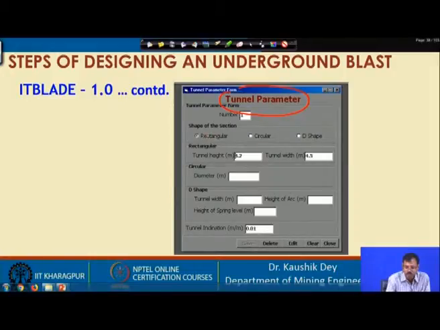So, it may be rectangular, circular, D shaped, or horseshoe shaped, and with the different considerations we need to have different parameters. For rectangular it is height and width, for circular it is diameter, for D shaped it is the width, height of arc, height of spring level, all these requirements are there, inclination is also there. These parameters must be there, otherwise in wedge cut how will we consider our drilling length.